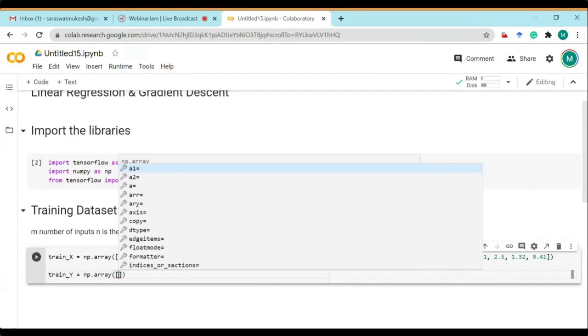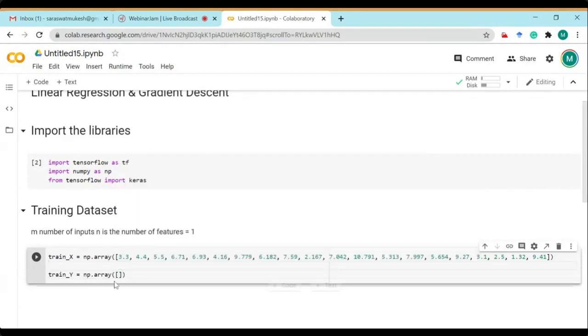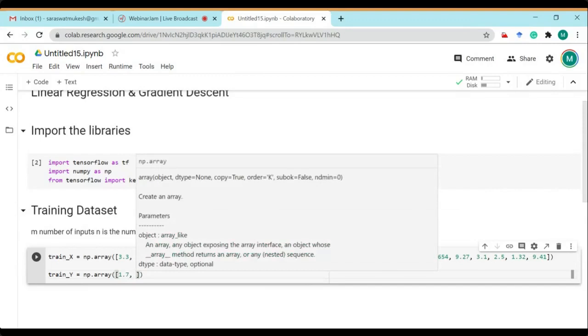We have to assign the corresponding value: when the x value is 3.3, we should know what the value of y is, and that is the training label. So let's take random values here also, 1.7. As I explained previously in the example, we took the x value as 2 and the y value as 4, so we directly found the formula y equals 2x.